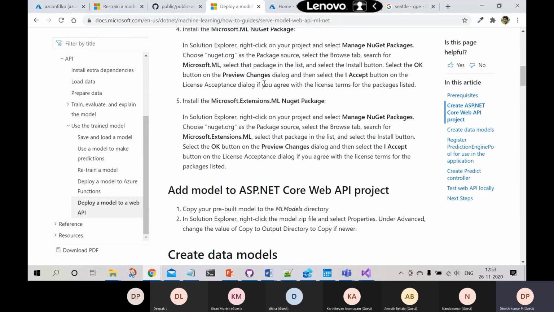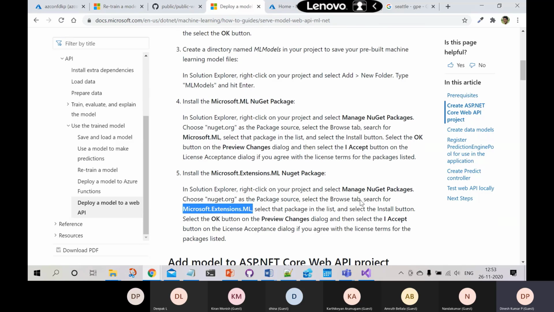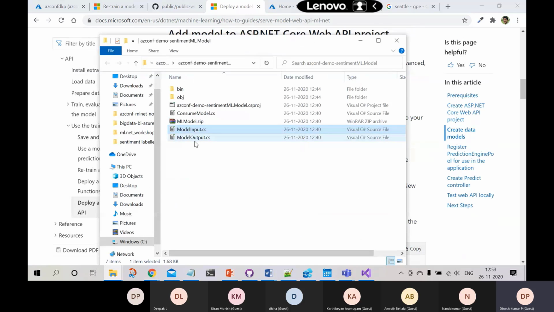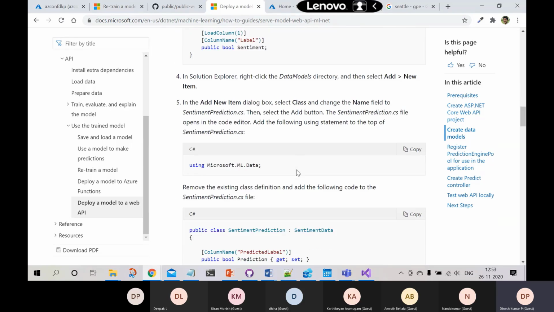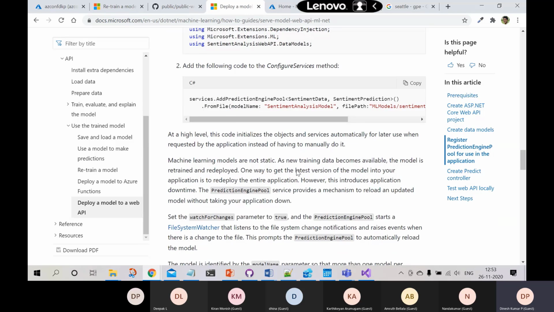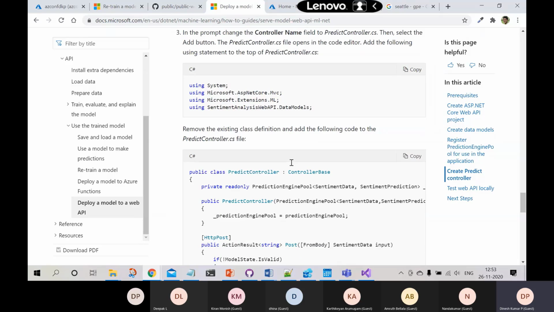Okay. And you have to install these two NuGet libraries via the NuGet package manager. And what you do next is you have to reuse these two files, the input and output model classes, right? You get that? So you have to create those two model files here, and as usual, you have to do some changes in the startup, and you have to add a new controller so that it will be available as a URL. And finally,